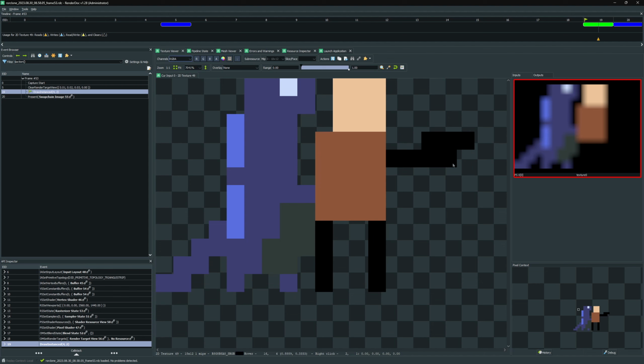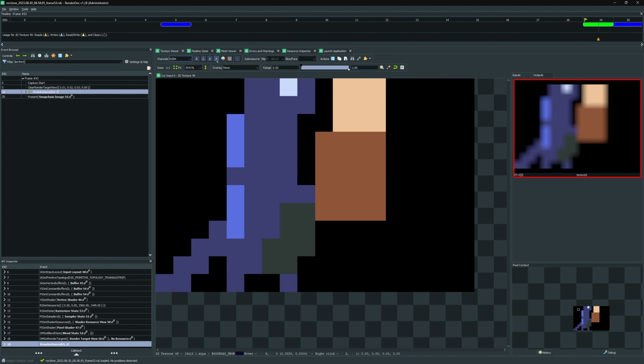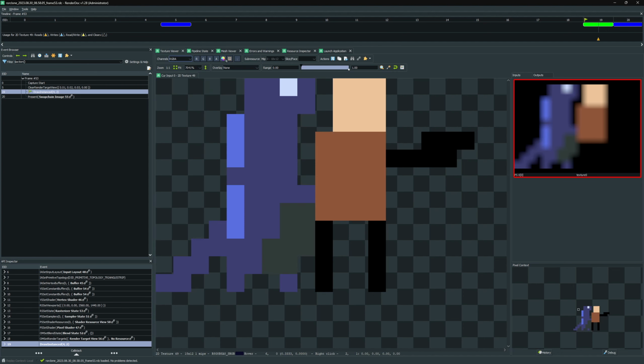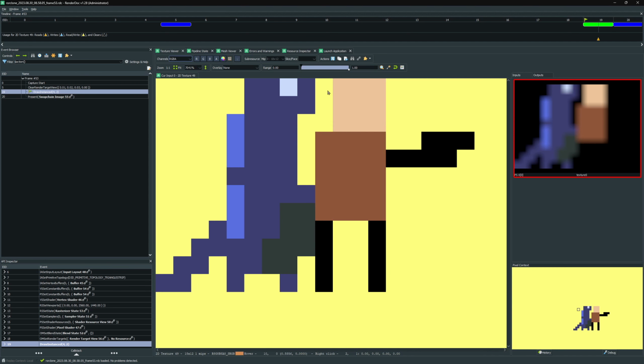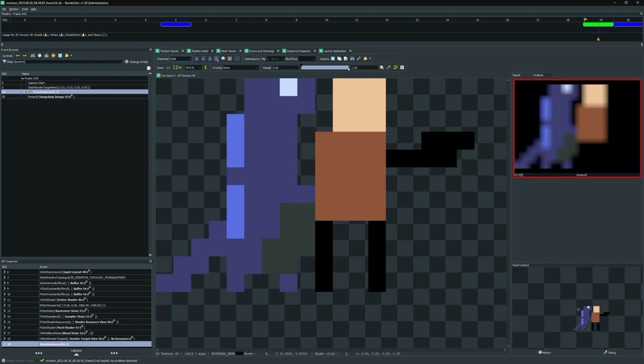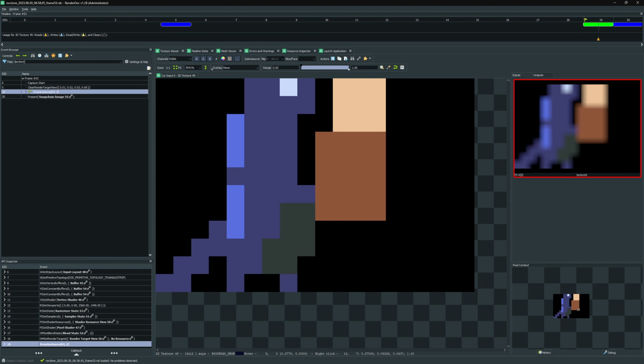Can it not draw a texture border? I mean, it can. I just want this to be a different color, and this checkerboard I want to be here. No, either everything's a color or only what I don't want is a color. Anyway,